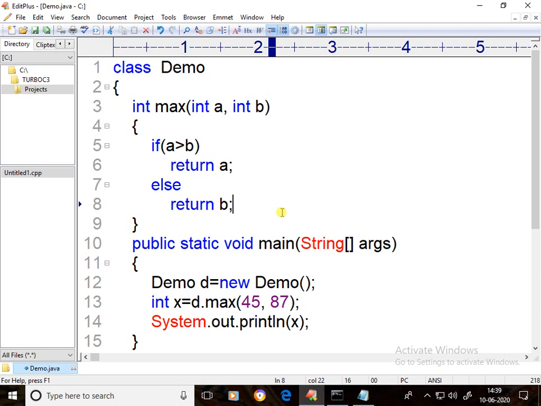In this program, I'll also explain the method components. From here to here is called the method signature.